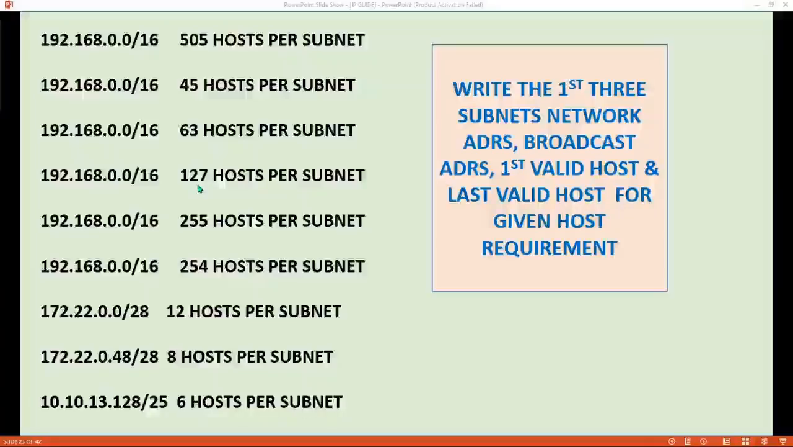means your answer will be wrong, because with 127 the h is equal to 7. Okay, but if you added 2, 127 plus 2 means 129, so that 2 to the power h greater than equal to 129 means here you will get h equal to 8, right, which is going to give you 256 IPs. Okay, so likewise you can try other questions as well, and